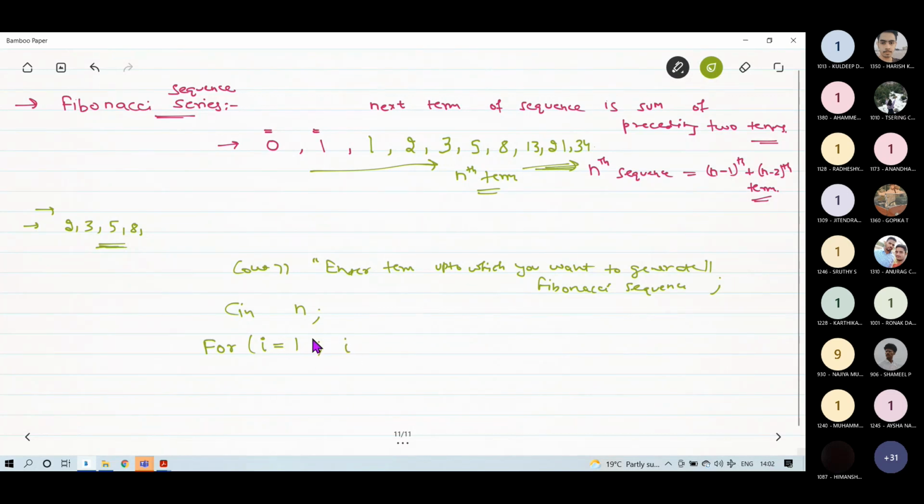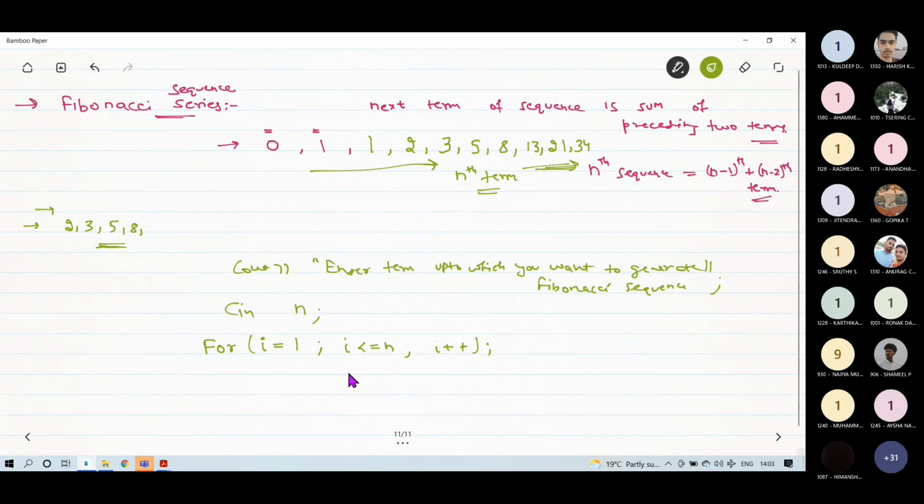I will modify this for loop later, but to start I am just taking i equal to 1, i less than or equal to n, and in each iteration I am increasing i by 1. So I'm generating n iterations with the help of this variable i.